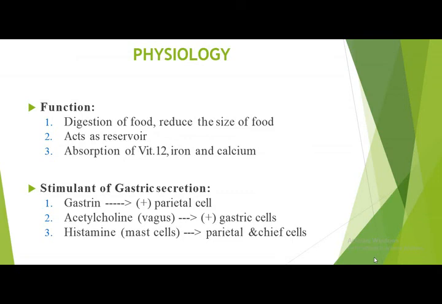The stimulants of gastric secretion are gastrin, which acts on the parietal cells and releases hydrochloric acid. Acetylcholine, a vagus stimulus, acts on the gastric cells and increases the acid secretions. Histamine, from the mast cells, acts on the parietal and the chief cells. These are the